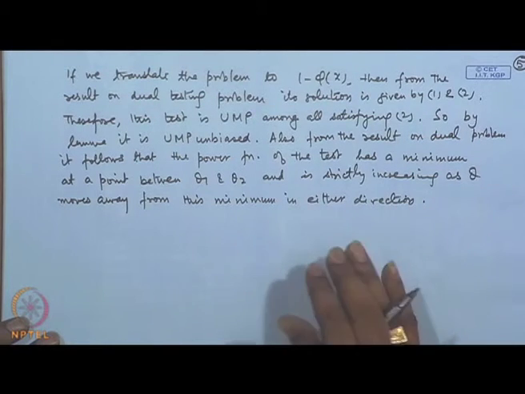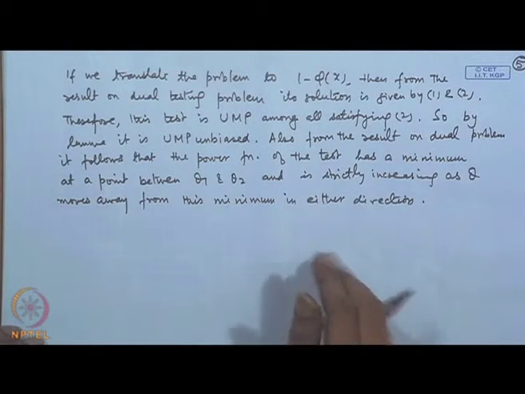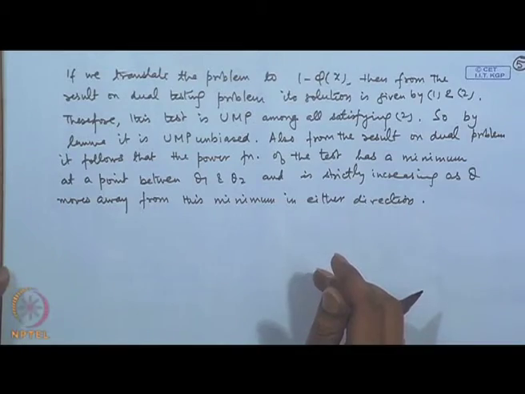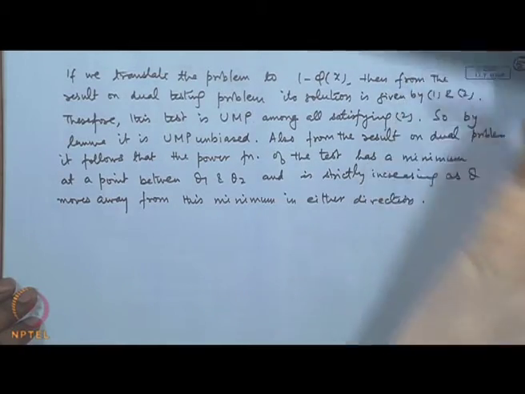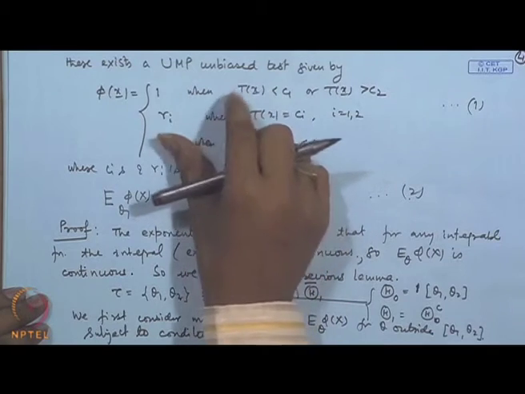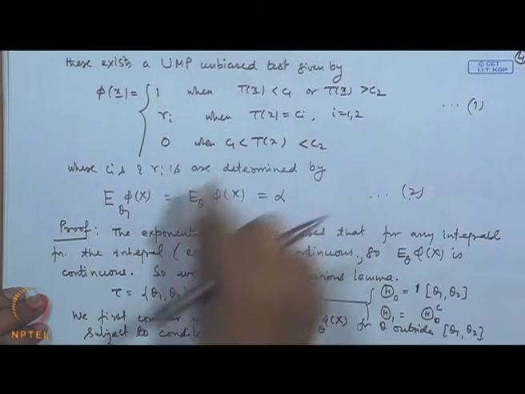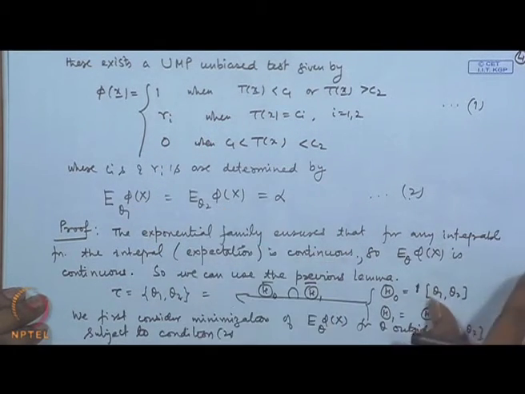So, basically what you have seen here is that this result follows straightforwardly from the concept of similarity and the dual problem that we considered, where the null hypothesis was two sided. Here the alternative is two sided. So, UMP does not exist, but UMP unbiased can be found here. Of course, you can see here the test function's form is exactly 1 minus the form of the test for the dual problem. The condition is also the same here.